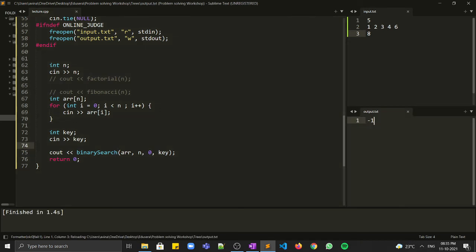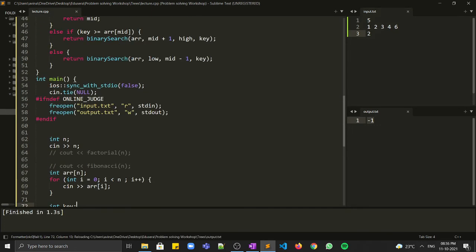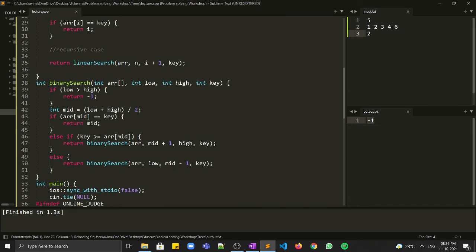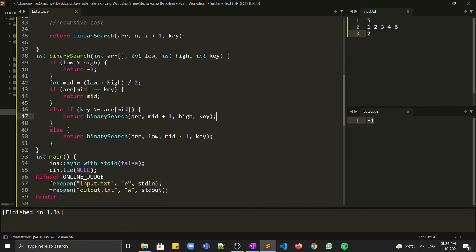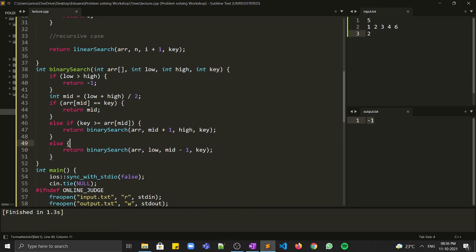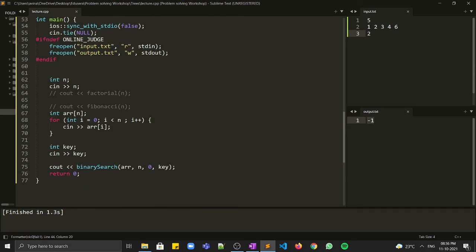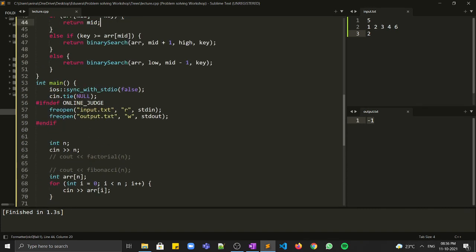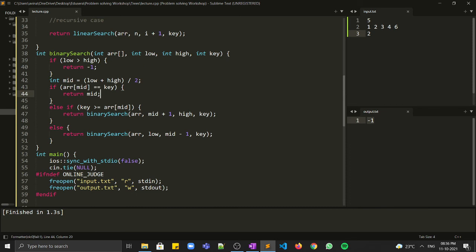In the case of 8 we are getting -1, which is correct. If we give 2 as input, we should get 1, right? But we are getting -1 here as our output.